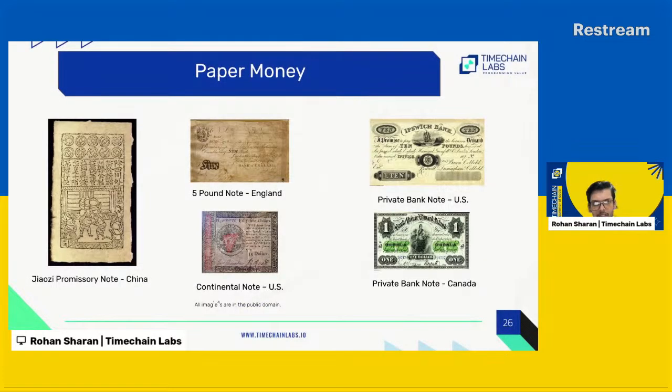Then comes the age of paper money, which started just about in the 1900s, when the pound note and the dollar notes, starting with the dollar at first, came into the picture. Even before that, the first promissory note was issued in China, the Jiaozi promissory note. Like that, there has been an evolution of promissory note systems as well. With that, we have come down to today, having notes and coins in our paper currencies issued by the central bank.